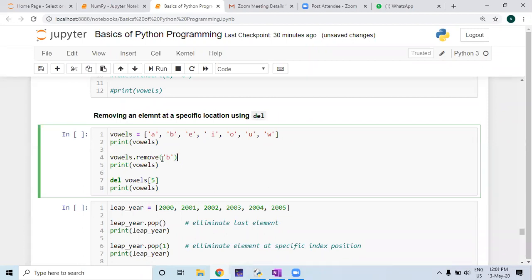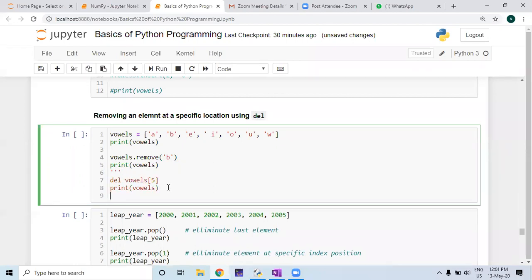Okay. Or it can be done this way also, del, this list is vowels. First take this one.